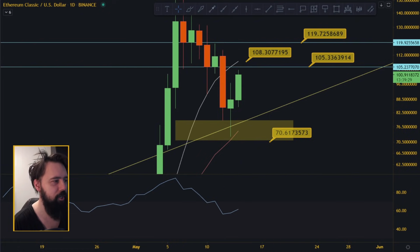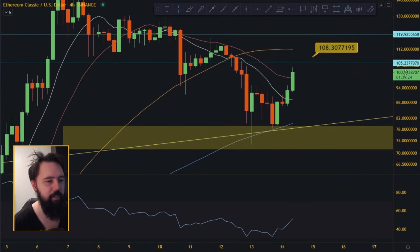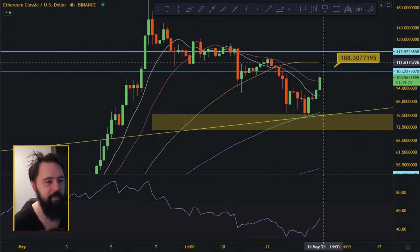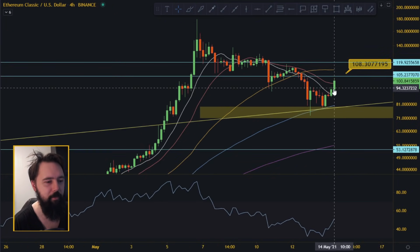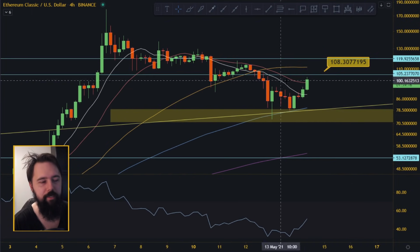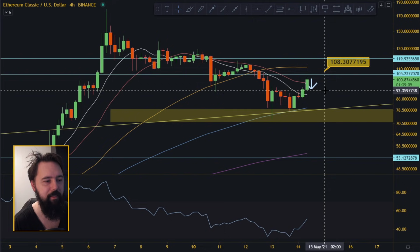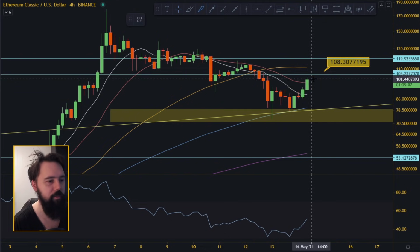But this is on the daily chart. Let's go and see what's happening on the 4-hourly chart. And the 4-hourly chart is actually very bullish. We still have this 50 moving average above us, but basically we are above the 10 and 20 moving average, which is quite nice. Now we still have 1 hour and 39 minutes, so this can always turn around and start going down. So you always have to